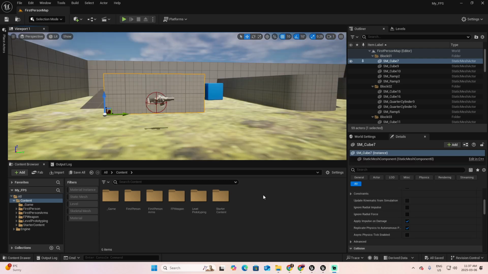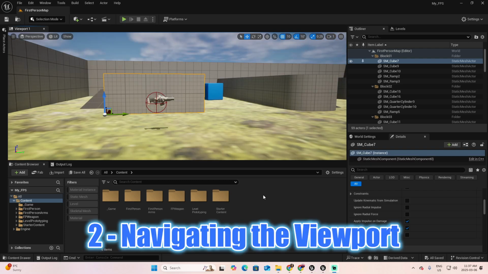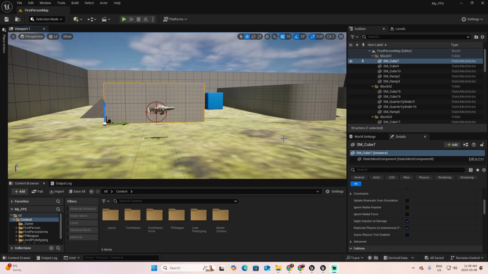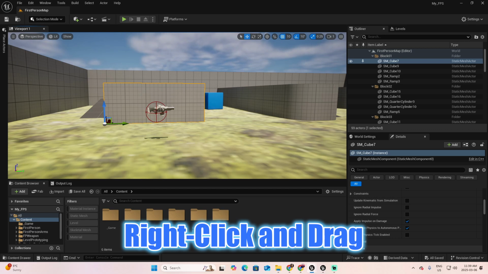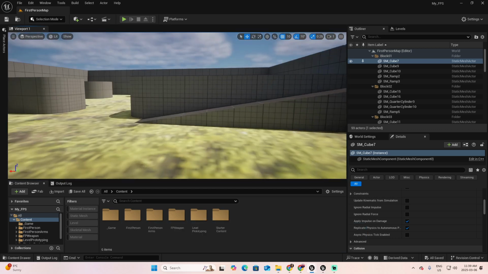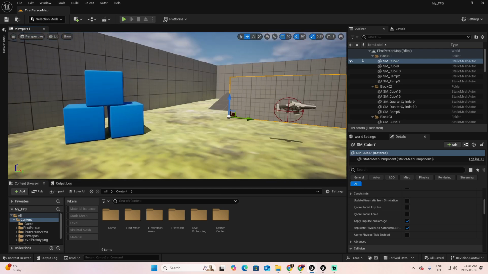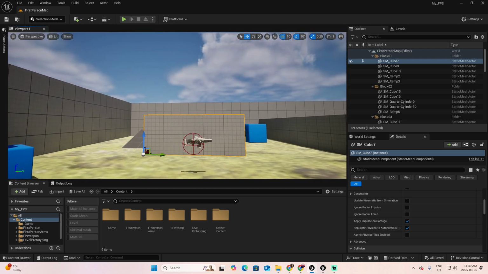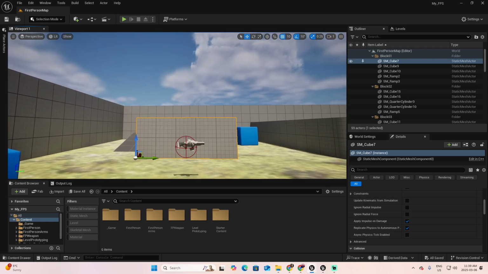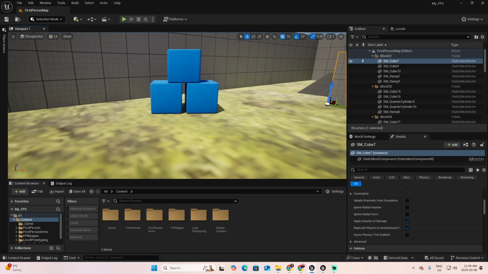The second step of this video is navigating the viewport. To start working with the viewport, you need to understand how to navigate. Well, in this case, you are going to use a combination of keys on your keyboard and your mouse. If you use the right click and keep it down or drag it, then you can move the camera in different directions. It's like if you were viewing from the perspective of a player in first person and looking in